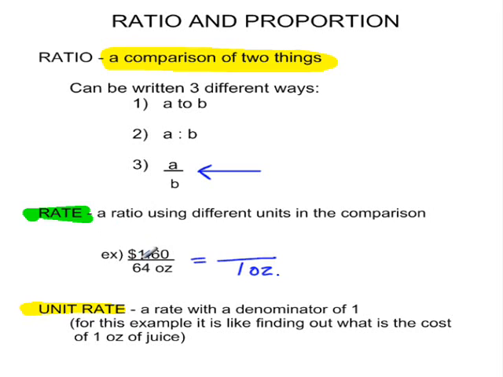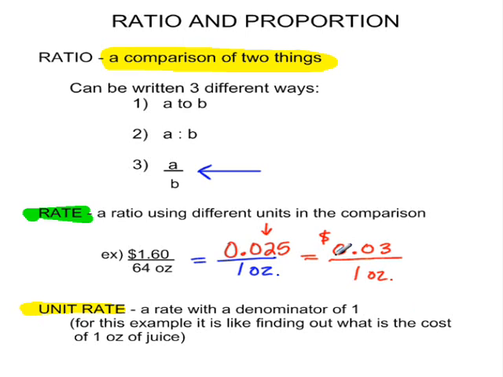So I'm going to put in my calculator 1.60 divided by 64. And looking at my calculator right now, it has 0.025. Okay, now let's talk about this. What was the unit on top? The unit on top was actually money. So what is this actually meaning? Money only goes to 2 decimal places here. So we're looking at this number. If it's 5 and above, then we're going to round this. So let's clean this a little bit. 0.03 dollars